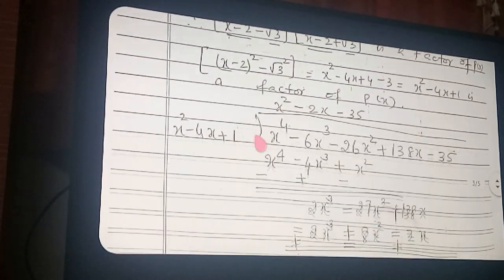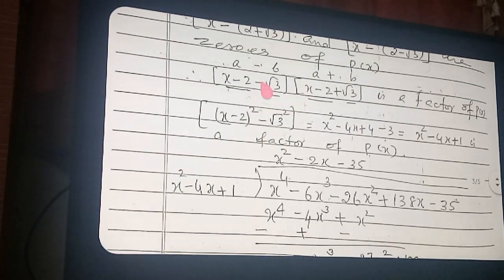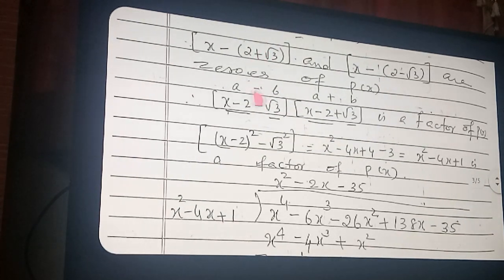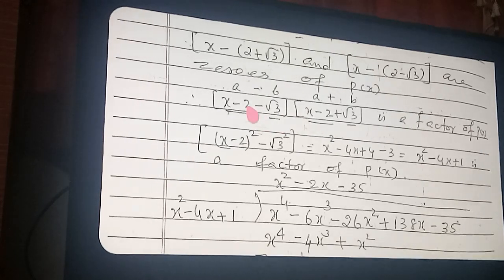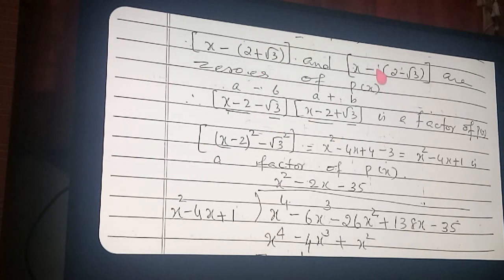Therefore, which are the factors? Here you open the bracket. Opening the bracket, what will you get? x minus 2 minus root 3, put the minus inside the bracket, x minus 2 plus root 3, their product. The product is also a factor of p of x. Okay, I told you 2 and 3 are the zeros of 12. Then 2 into 3, 6, is also a factor of 12. Same method only I am following here. These two separate ones are factors, therefore their product is also a factor of the polynomial.